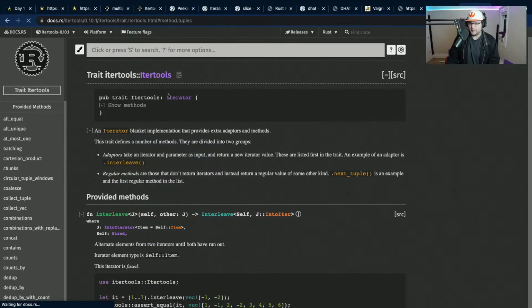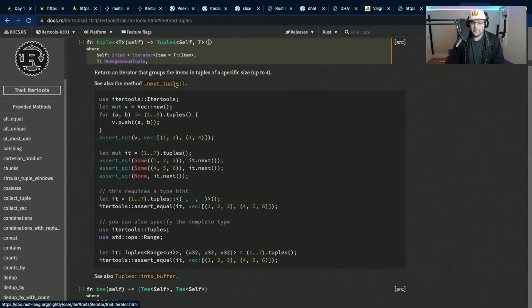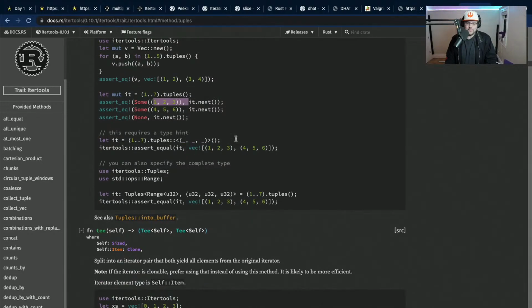Is tuples the tuple windows that I actually wanted before? Return an iterator that groups the items in tuples of up to a specific size. So if we have 1 to 5 dot tuples, and we push that in, then we get 1, 2, 3, 4. That's not what we want.